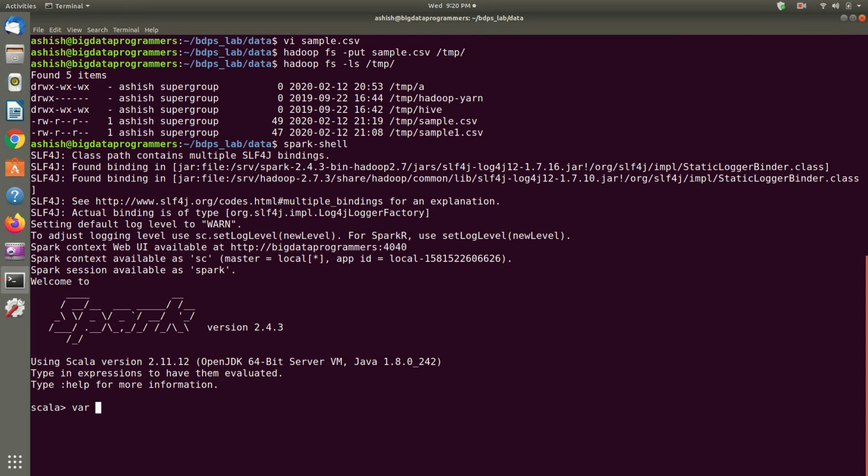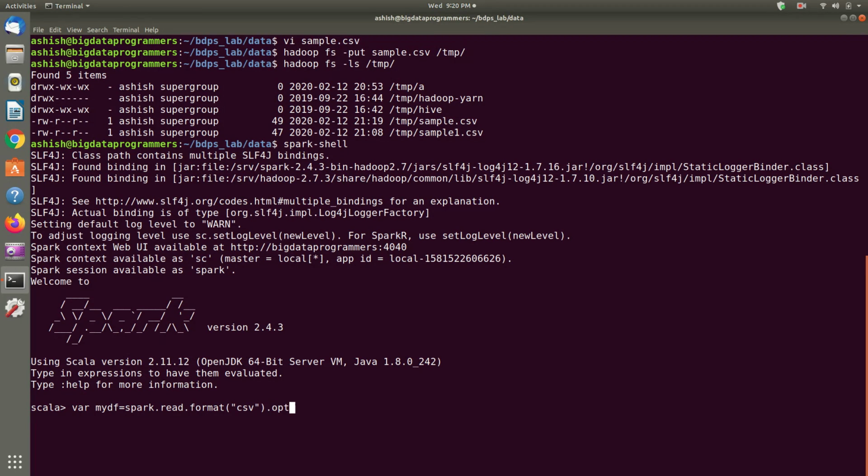So I'm creating a data frame. Say the name is mydf, and I'm trying to read that CSV file into it using spark.read, and we have to mention one format, and the format is CSV, that is comma separated values,